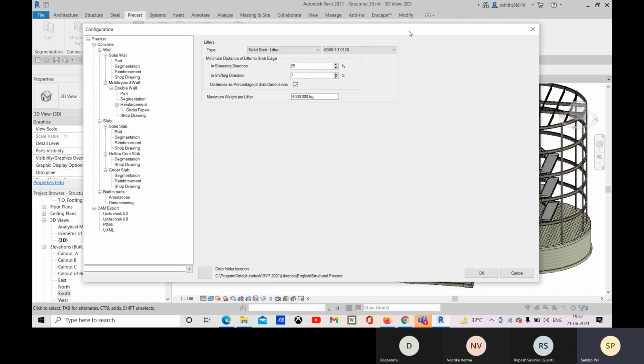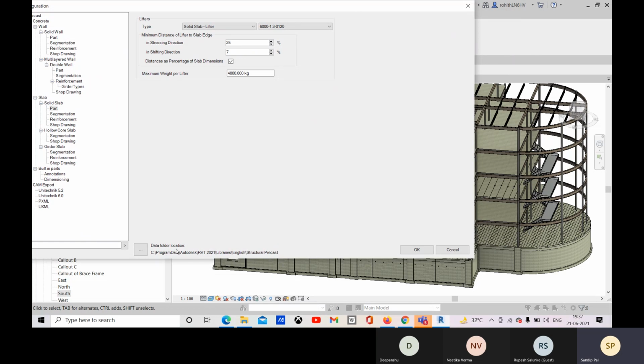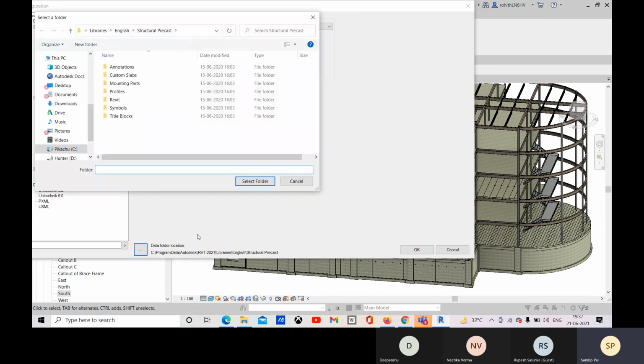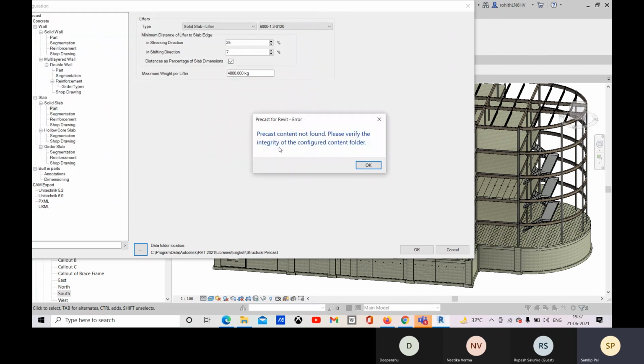Let me change the type, and the data folder location is also showing, right? Here you can see that this is the data folder location. So from here you can also mention English, then structural precast, go for mounting parts. Okay, and you have to select that folder.